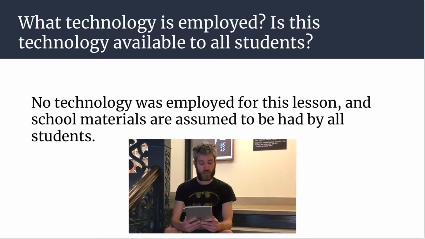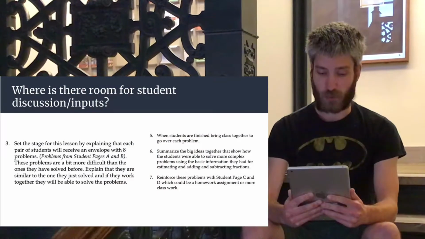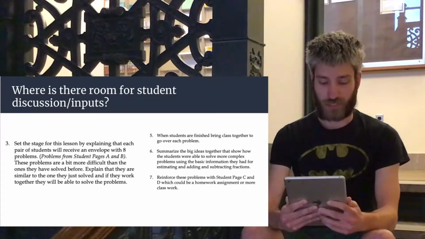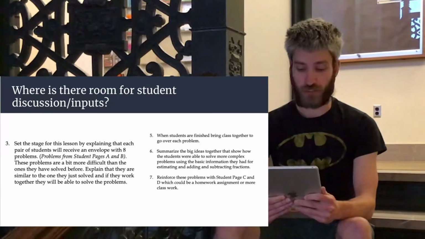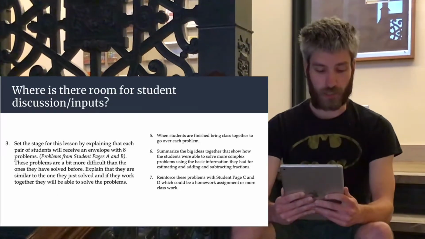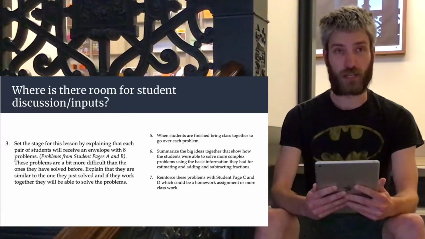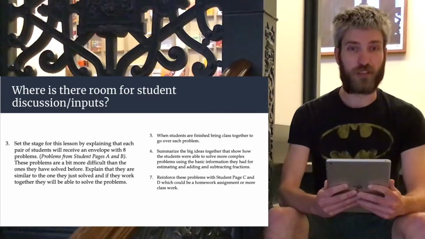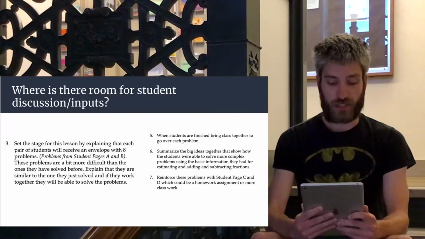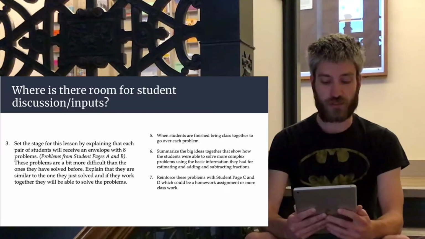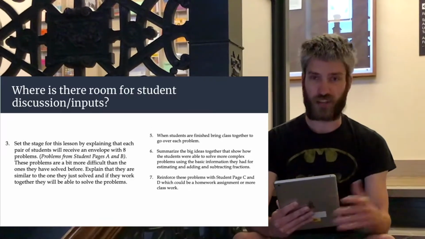And then we also need to look at where there is room for student discussion or input. The students get to work together in pairs or other small groups to talk to each other about their ideas on how to solve these problems. After working in small groups, a large group discussion will take place at the end of the whole class. This way the students can share their ideas and everyone can get exposed to them. The teacher is also free to select students to share their ideas, making sure that all students can share over time